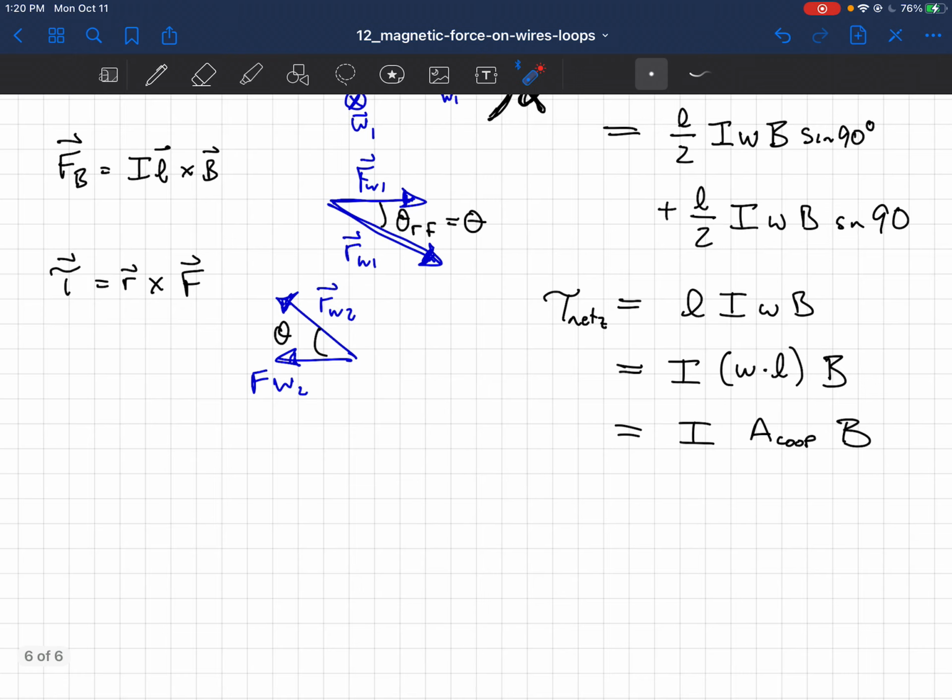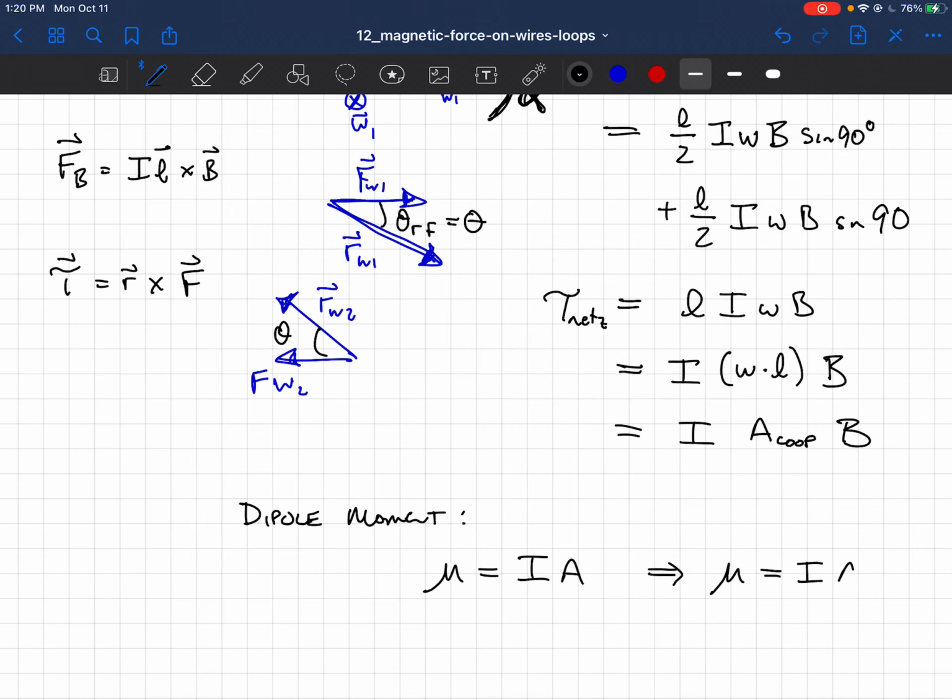So the way that this is normally expressed is in terms of something called a dipole moment of the current loop, and we write the dipole moment as mu is equal to I times A, and that's the magnitude of it,